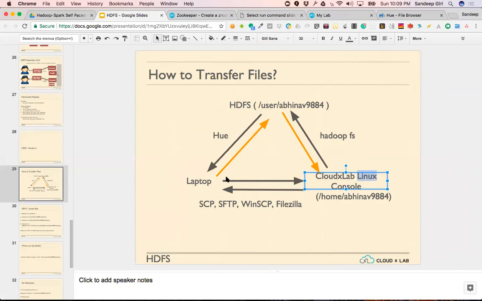Okay, that is very straightforward. But if you are used to using an FTP client, you can simply use that, provide your login and password,